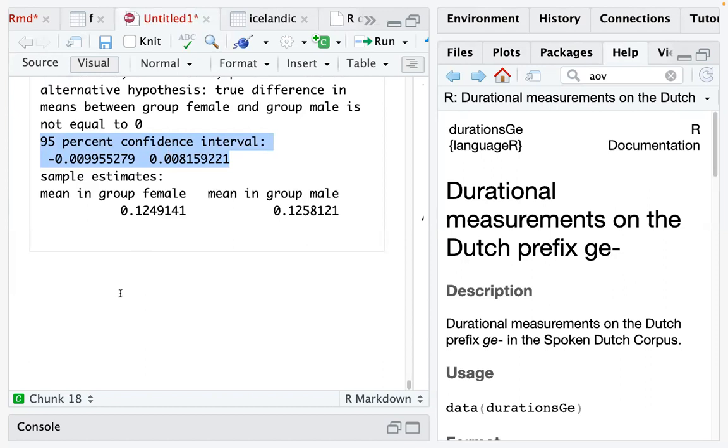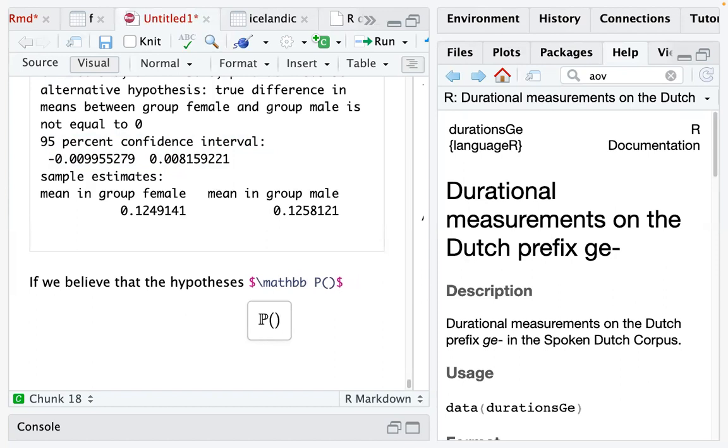And this sentence means basically that, if we believe that the hypotheses that allow us to use the t-test are satisfied,